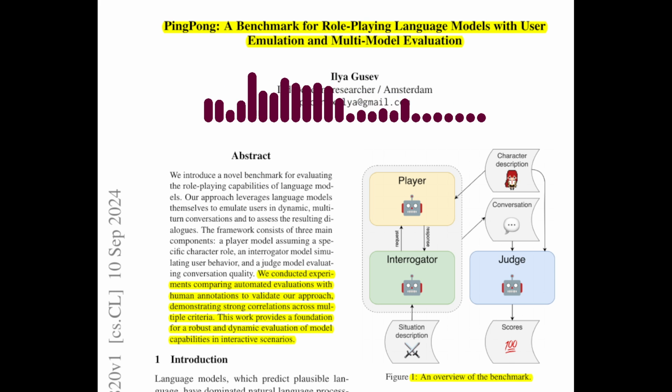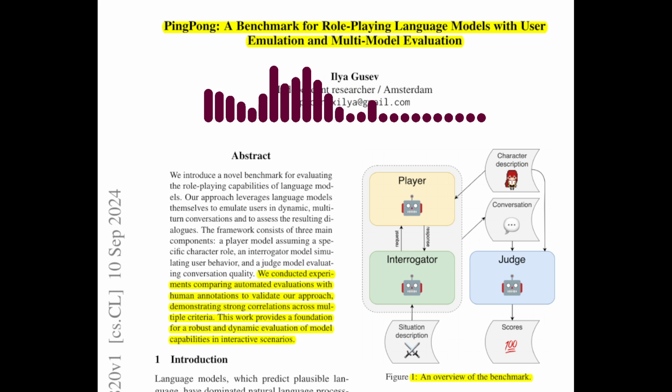The paper acknowledges some limitations of the study, such as the sample size and the use of a single human annotator. How do these limitations affect the findings? While the limitations do raise concerns about the statistical robustness and reliability of the findings, the paper emphasizes that this work serves as a foundation for future research. Further studies with larger sample sizes and multiple annotators can address these limitations and provide more comprehensive insights.